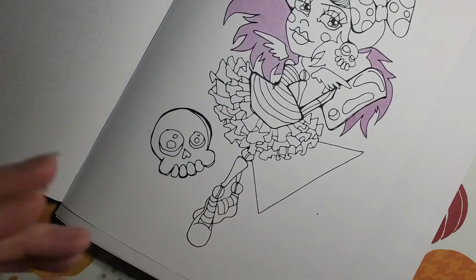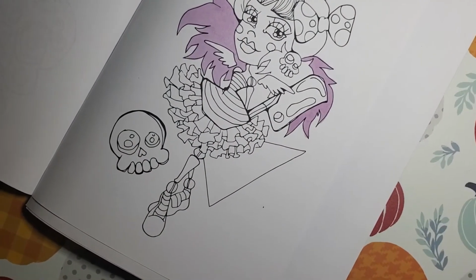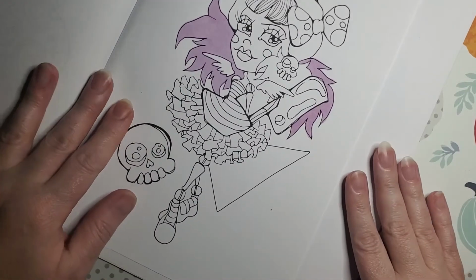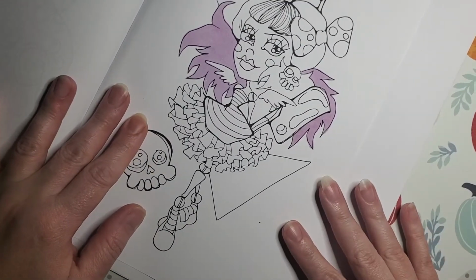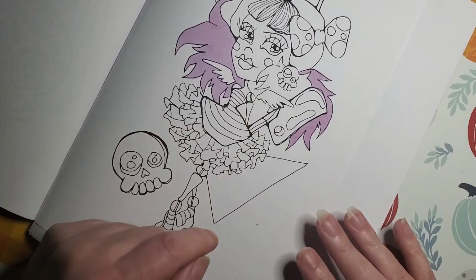I'm moving you guys up just a little bit. I feel like I can't keep you in frame long enough. I feel like that's her hair too, isn't it? Back there behind her body. We'll find out. Anyway,